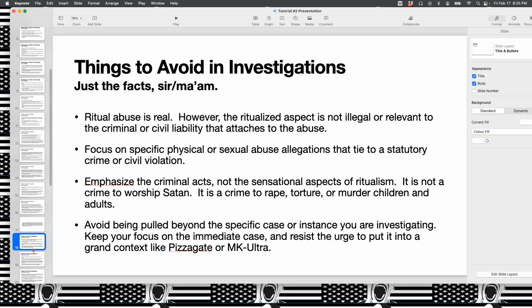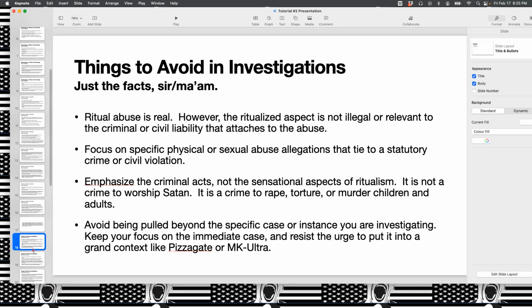Ritualized abuse is not illegal or relevant to the criminal or civil liability that attaches to the abuse. What we want to focus on when we're investigating and documenting things are specific physical or sexual abuse allegations that tie to a statutory crime or a civil violation. The only way ritual abuse is really relevant in that respect is if it plays into some sort of mental